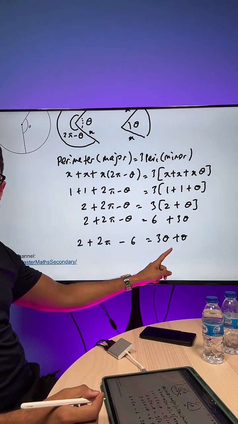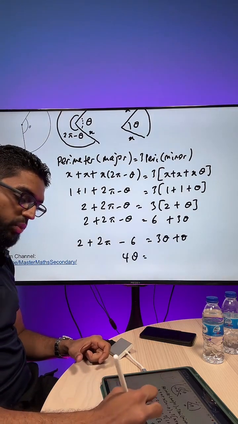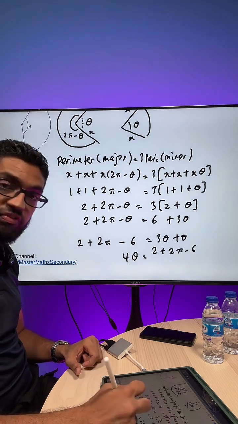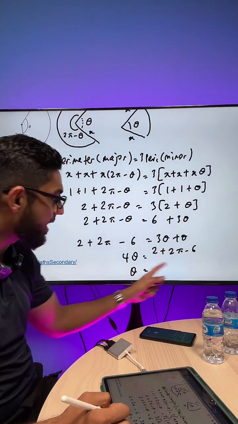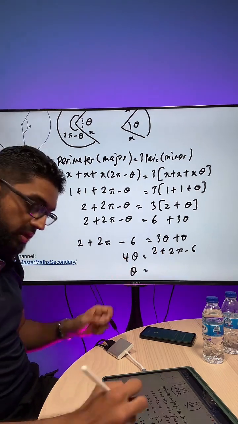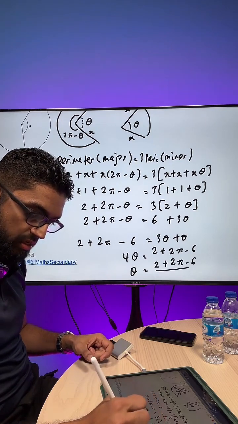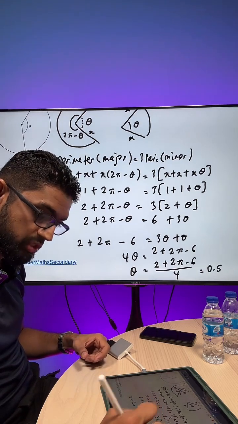So how many theta is this, guys? 3 theta plus 1 theta, that is 4 theta, which will be 2 plus 2 pi minus 6. And to find theta, all you need to do, guys, is to just take this particular value and divide it by 4. Okay, so we're going to do that. 2 plus 2 pi minus 6. You take that, divide by 4. My friends, the final answer for this particular question today is